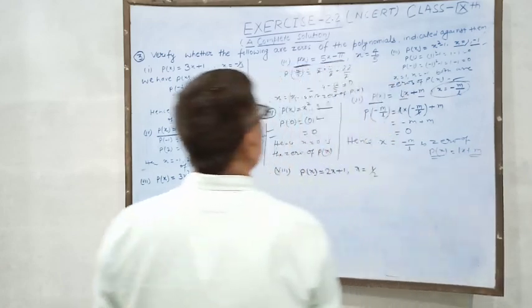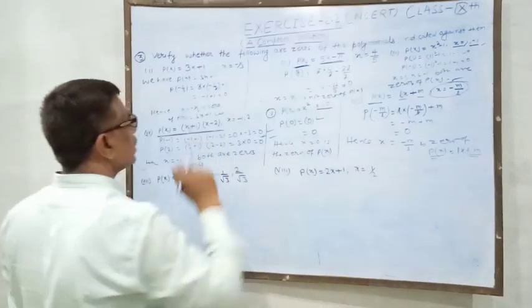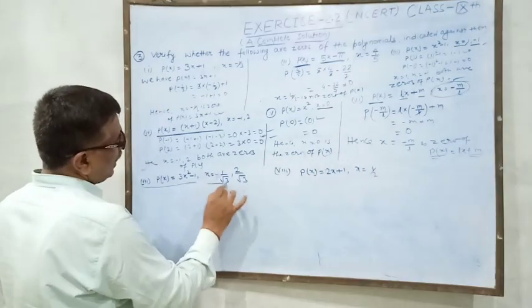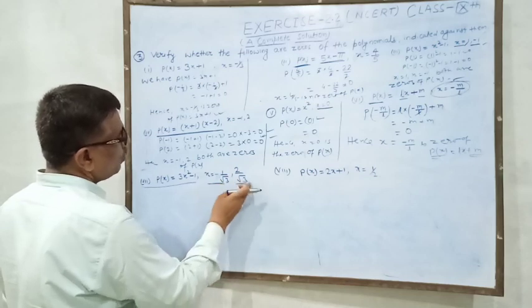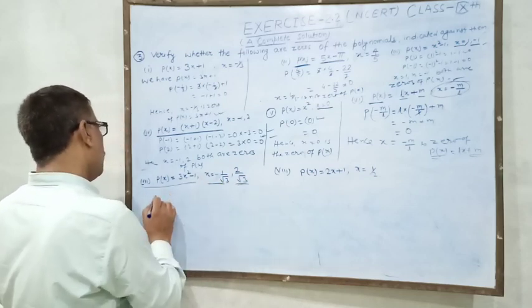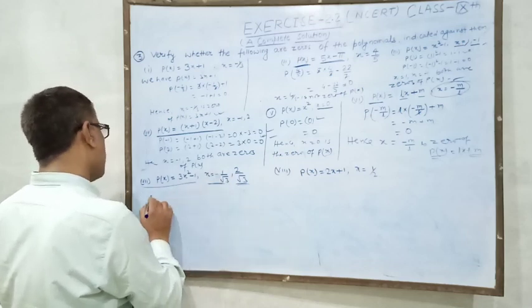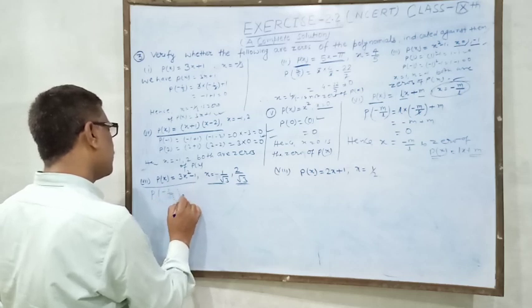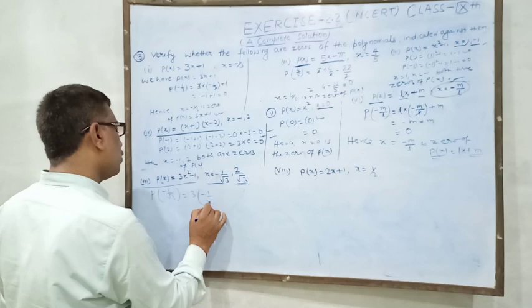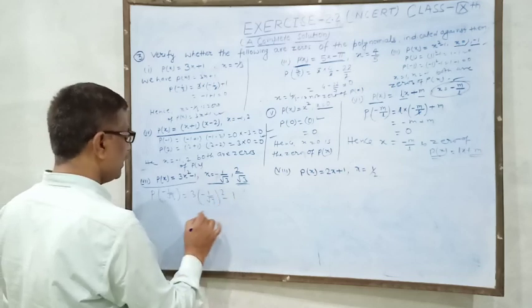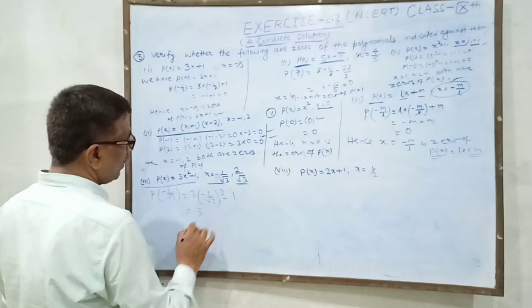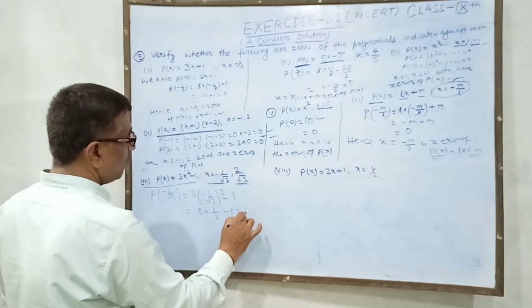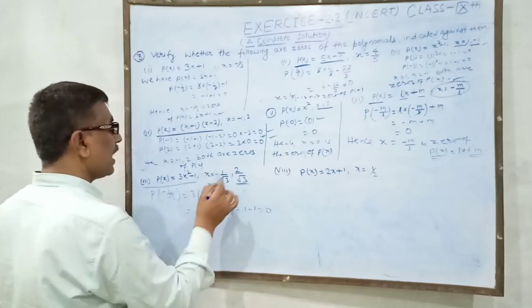So in this way 6 questions have been solved and now it is the 7th. It has 2 zero values. Are these 2 zeros or not? So put the value of x equal to -1/√3. We put -1/√3 in place of x: 3 times (-1/√3) whole square, minus 1. The square of a minus is plus, so 3 into 1/3 minus 1, 1 minus 1 is 0, and now it is 0.